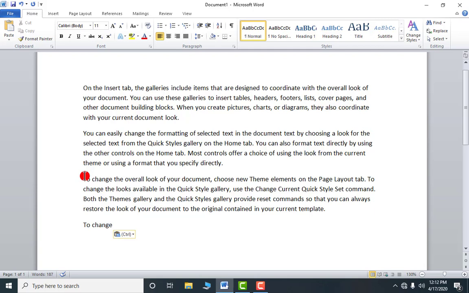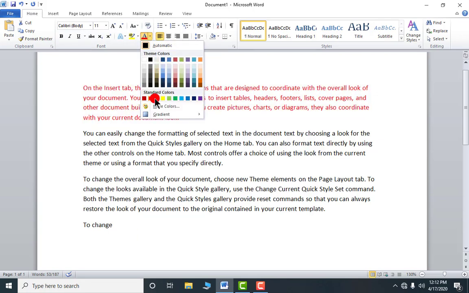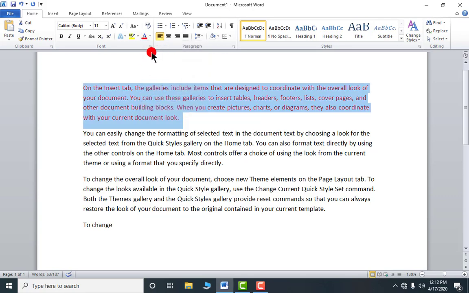Now next is Format Painter. Format Painter will help you to copy the formatting from one place to another. Okay, so for that I am showing you. First of all, I have selected this one, and by using this font color, I am applying suppose yellow color. Okay, this one red is okay. Now I have applied the red color on this by using this one.